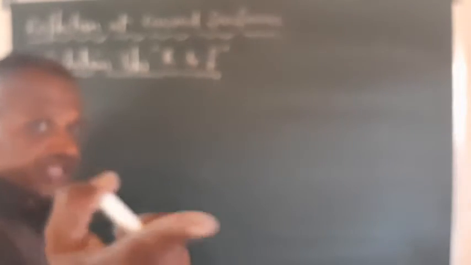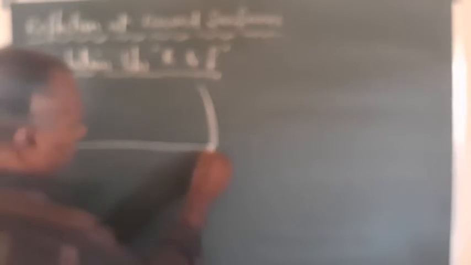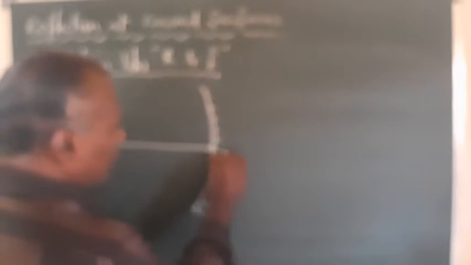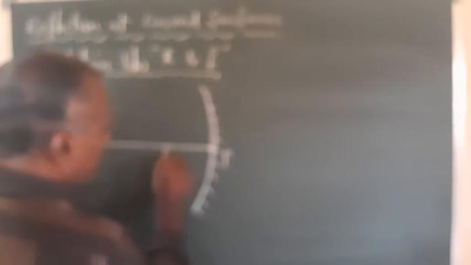Their definitions were already given in the last video. Now I am considering any curved mirror, be it concave or convex. For ease, let us consider a concave mirror. This is the concave mirror, and here is the principal axis. It has an aperture. Here you have the pole, here the focus, and here the center of curvature.